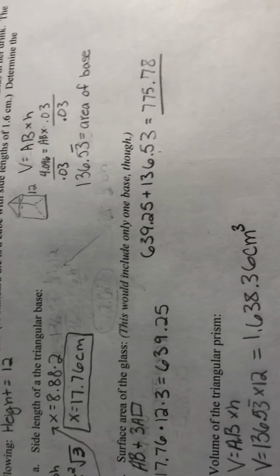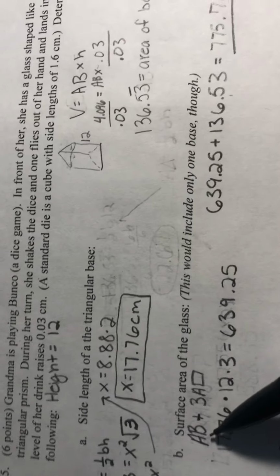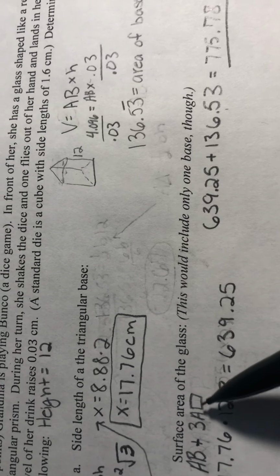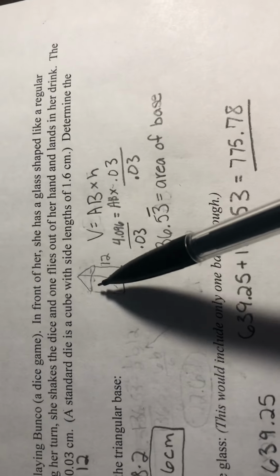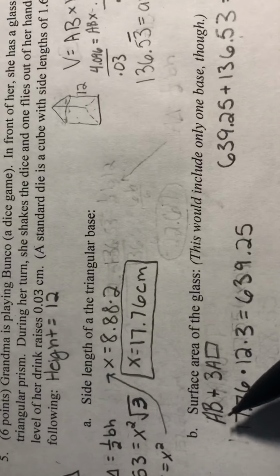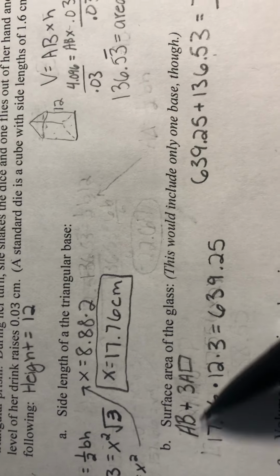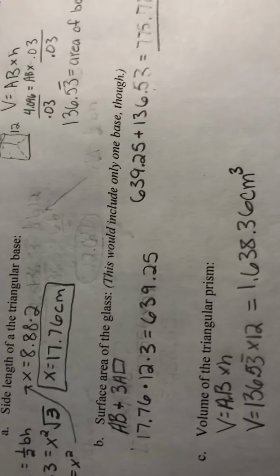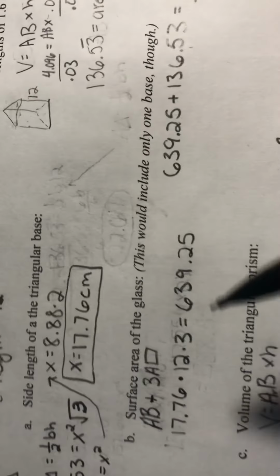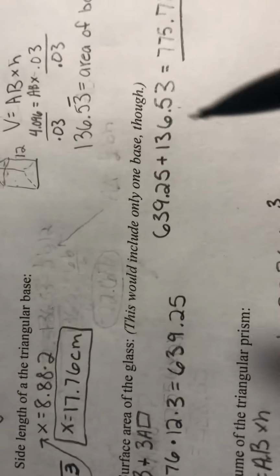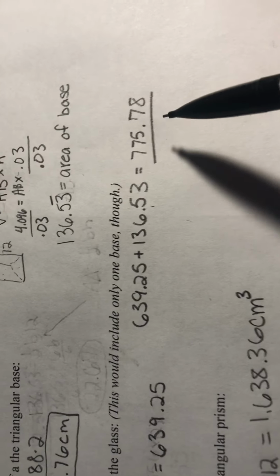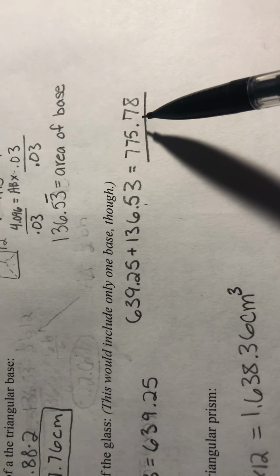And then for the surface area, I got the area of the base, and I added that to 3 times the area of the rectangles, since in our shape there are 3. And there's only one of the area of the base, because since it is a cup, there's only one base, there is no top to it. So by plugging in those numbers and adding them together, I got that the surface area of the glass is 775 and